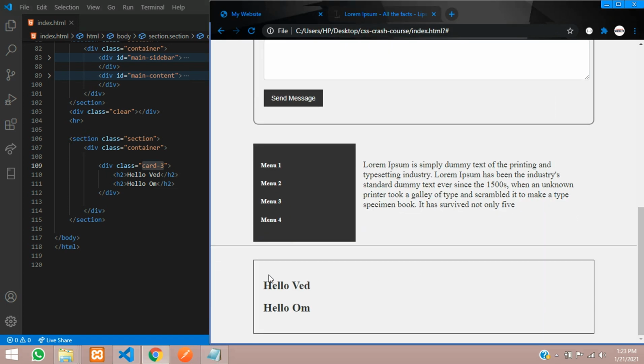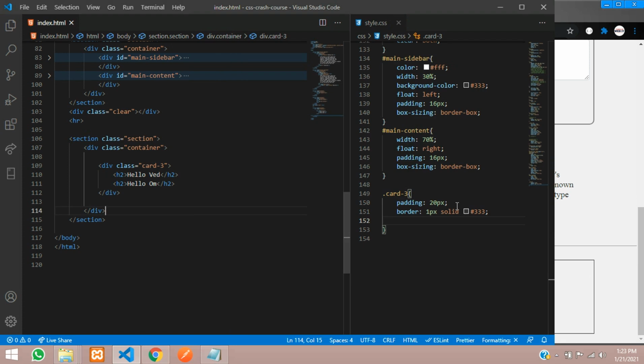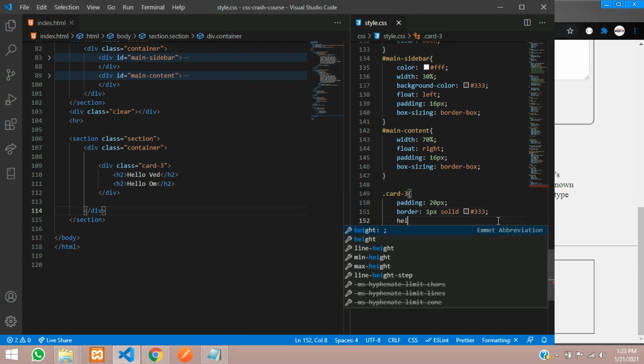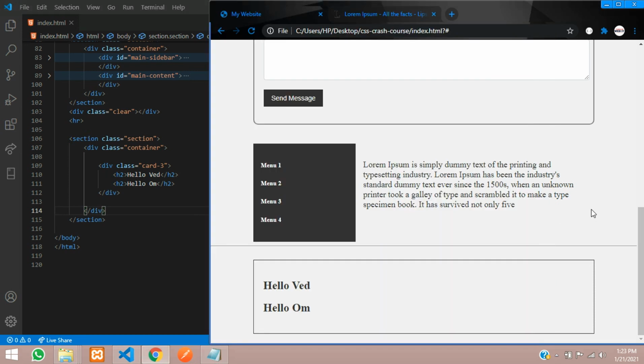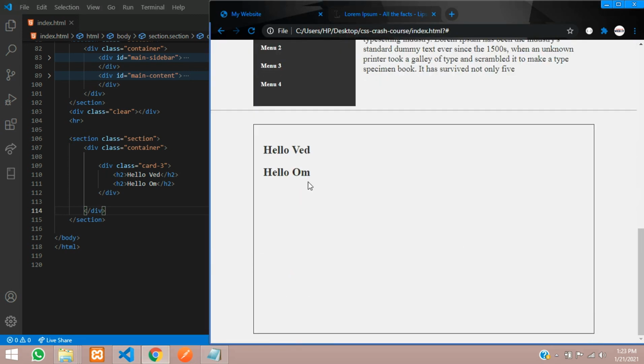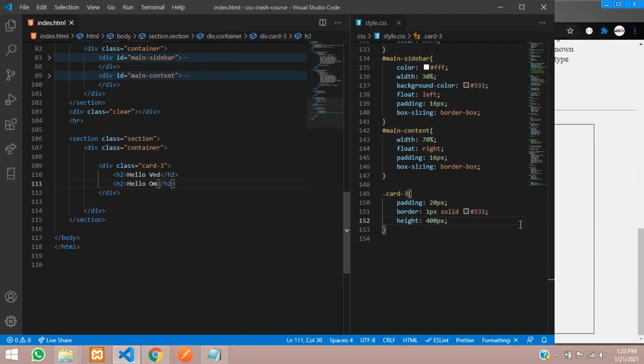You can see, right? So let me make some height for this. So let's give a height, where I'm going to give 400 pixel. Save and reload. So you can see that everything is working fine. So guys, now I want to make this absolute, and then we have to change it. Okay, so let me just show you what absolute is. So inside this card 3,